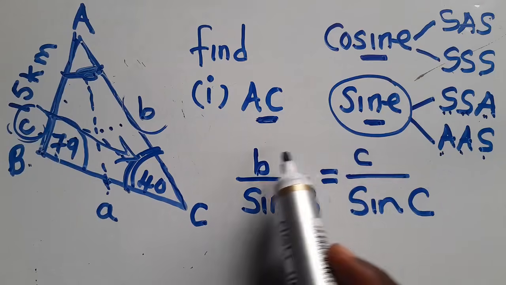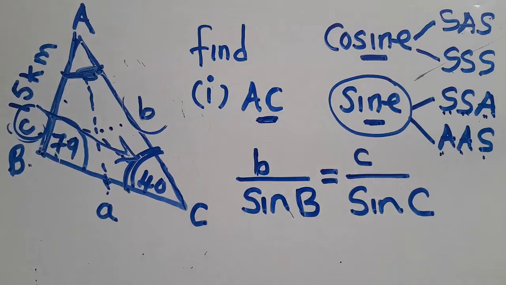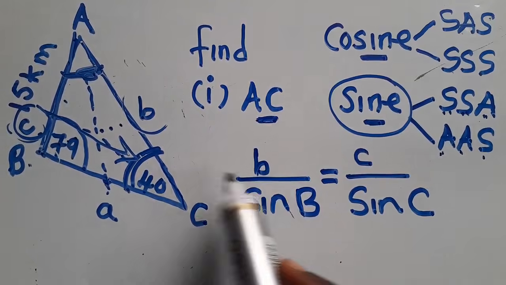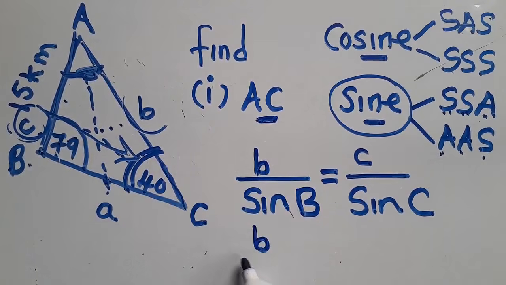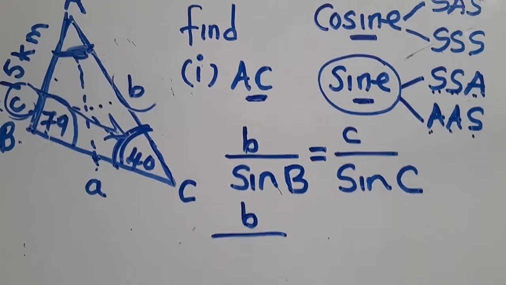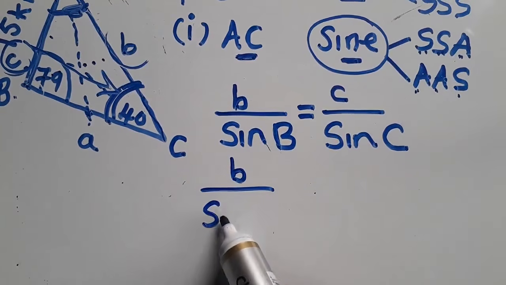So this is the formula that you need to derive. Then you start doing what? Then you start the substitution. So B, what is your B? B is what you are told to find. You do this. So you say B over sine